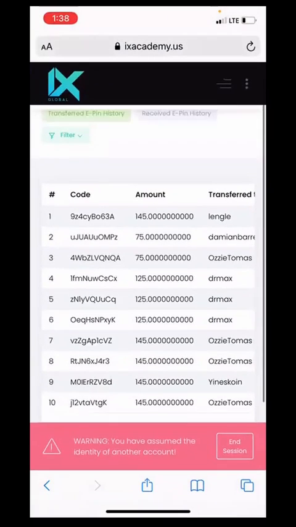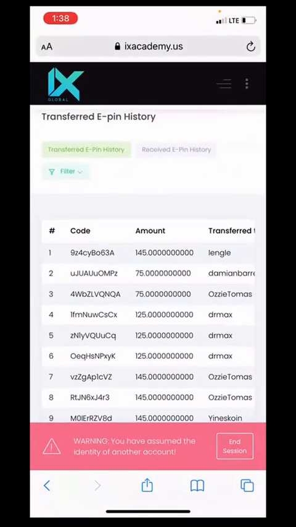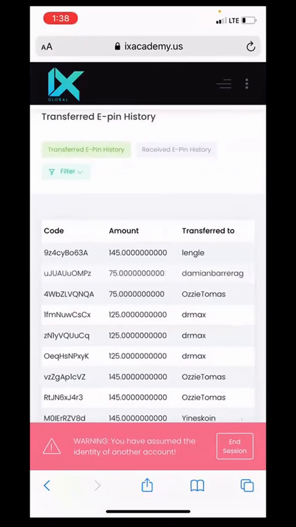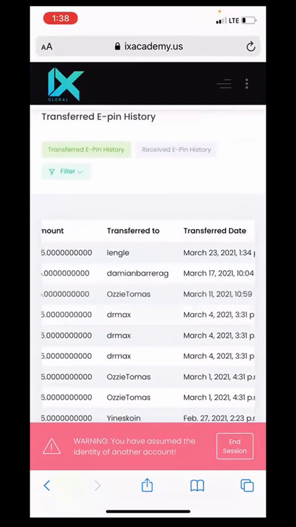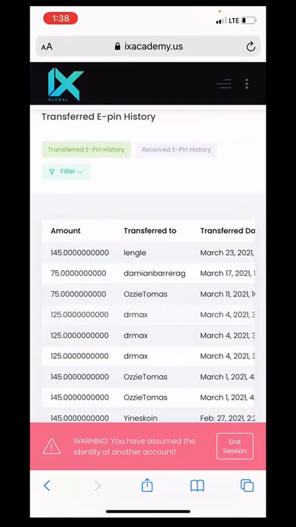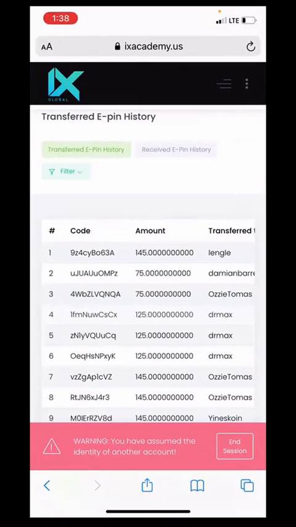So just so you know, I can also keep track of that. If Chris tells me, hey, Joe, I didn't get that ePIN, well, guess what, Chris, I've got proof that I sent it to you. I've got the date, I've got the username it was transferred to, or I might have transferred it to the wrong account. At that point, we have to get that transferred back. So